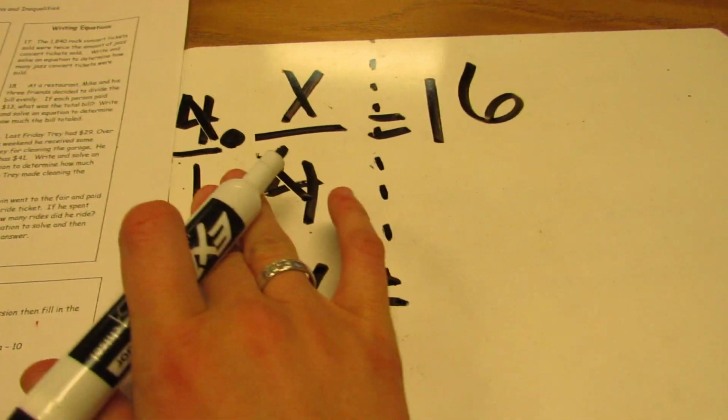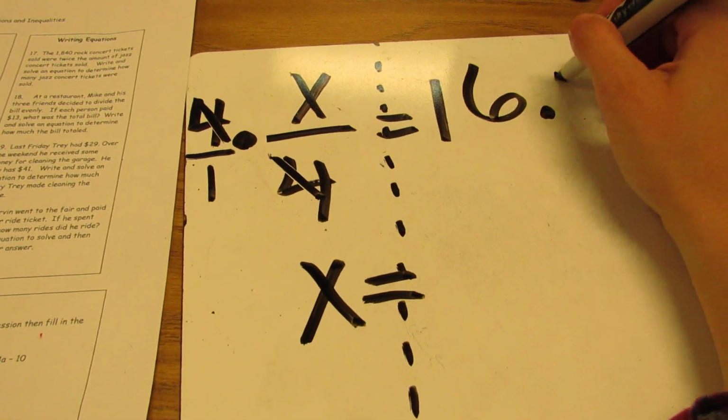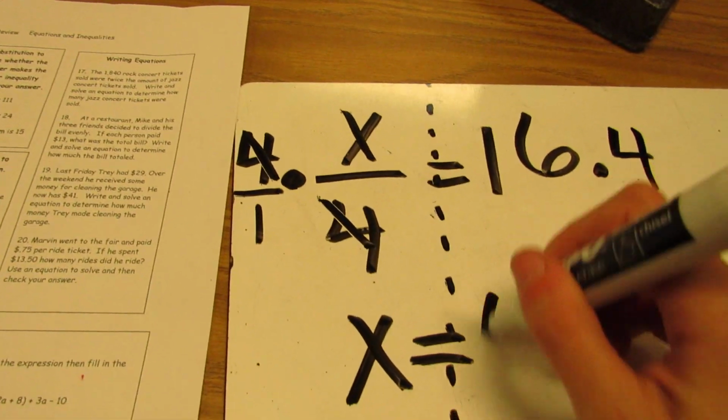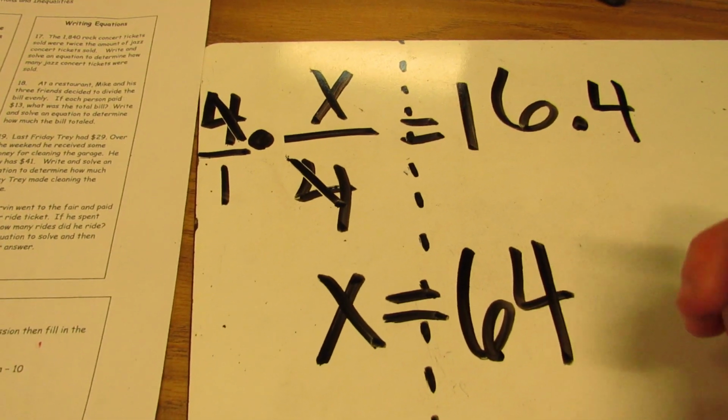So I multiplied on the left side. Now I need to go here and multiply on that side. So just go ahead and do 16 times 4, and you should get 64. If you want to check yourselves,